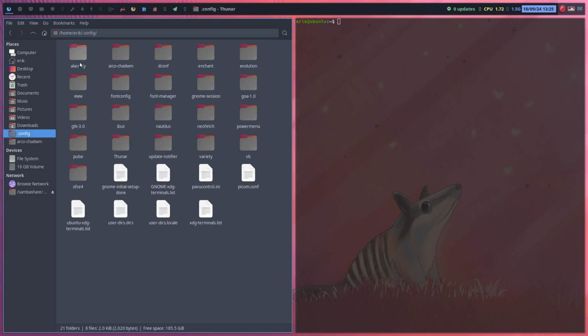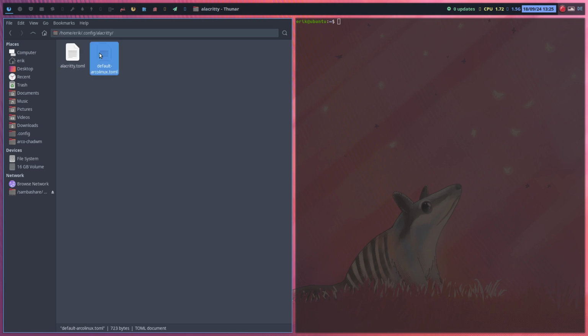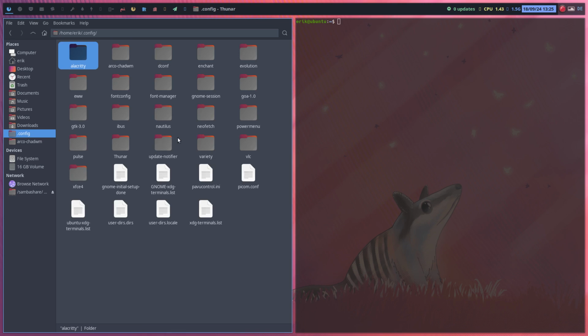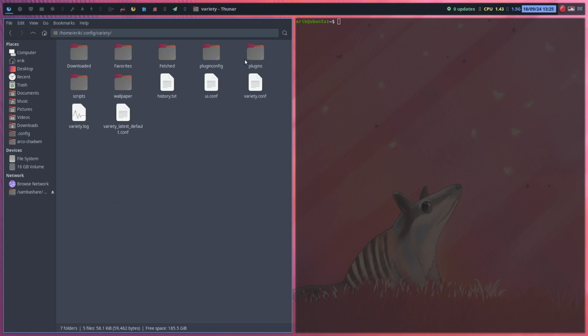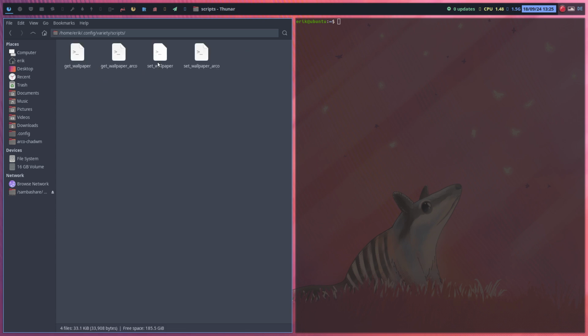Why invent again the same thing? So our ArcoLinux Alacritty is used, but it used the font, the hack font. So now I have also added the fonts hack, it's called here in Ubuntu. Neofetch is also installed. So Alacritty, yes. Variety, exactly the same thing. Variety, I've added the config from Variety to this here. So we have our own scripts,